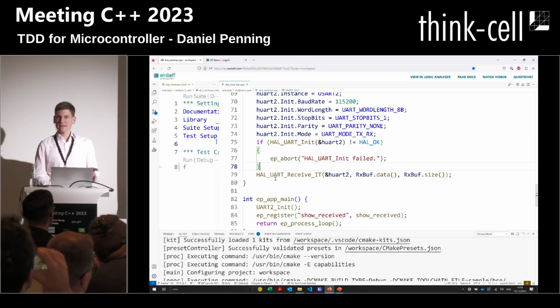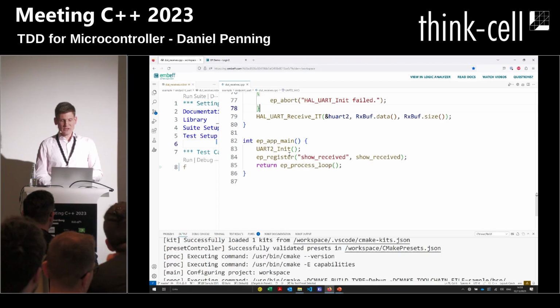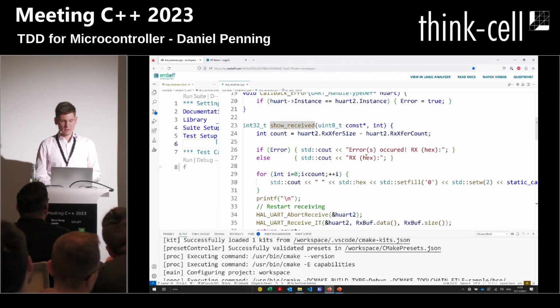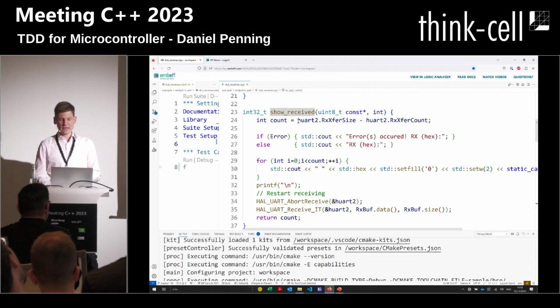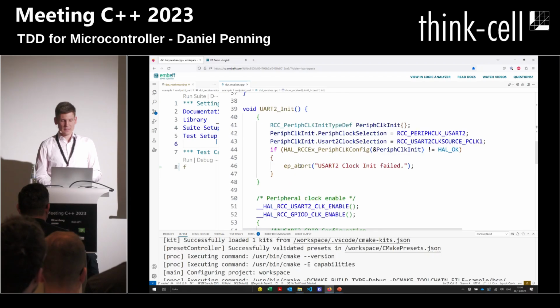And we want to test that it's actually receiving data. And for this, we register a certain function. We write a helper function. It's called showReceived. It's over here. It basically looks at the UART, looks if there are characters that were already received and prints them. Now with std out. That's it. No magic here in this function.